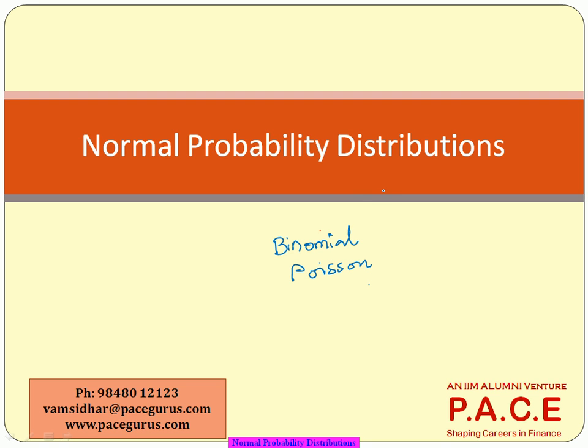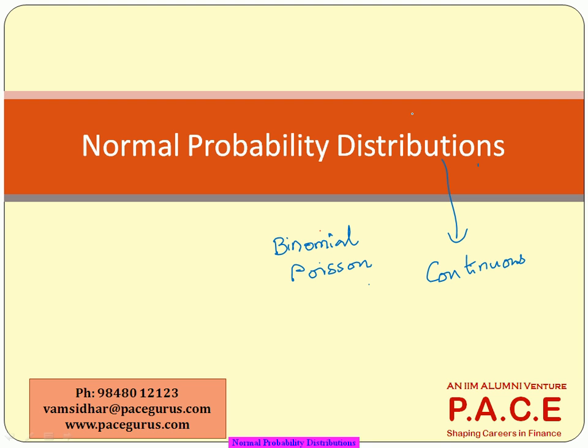So this normal distribution is treated as a part of continuous distributions. We have discussed the difference between discrete and continuous. Discrete is where there is a finite set of values or a countable number of values, whereas if a random variable takes infinite possible values, that is what we consider a continuous probability distribution. The normal distribution is one form of continuous probability distribution.